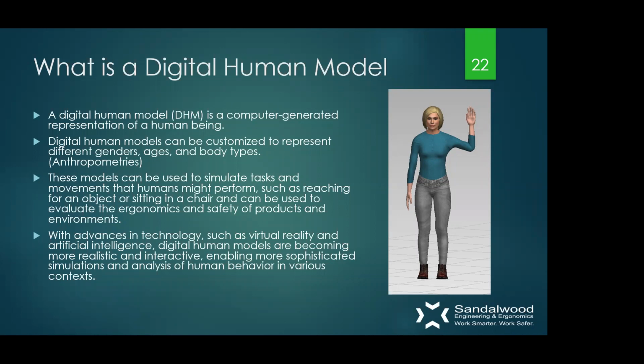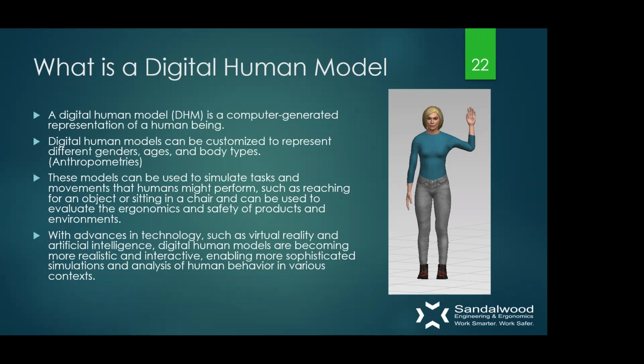As well, we're really able to customize the anthropometry, or body size, height, weight, gender of each of these mannequins to really either represent an industry standard or represent your working population. So depending on your approach to ergonomics, both of these are going to be within the realm of what we're capable of doing. So these models are really used to simulate tasks and really identify potential issues that we're seeing,